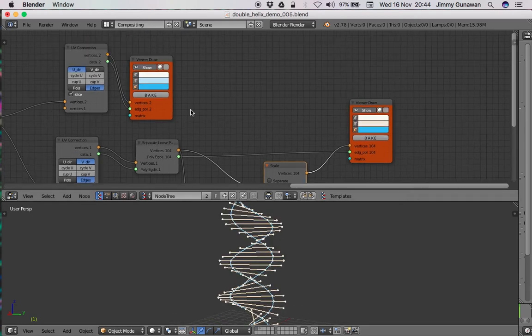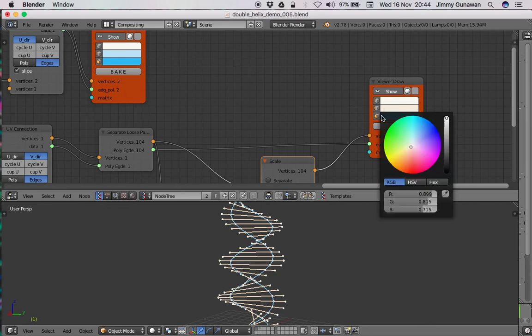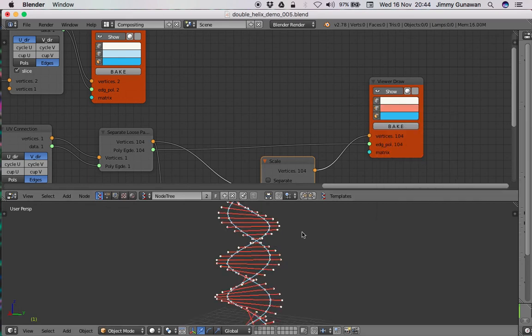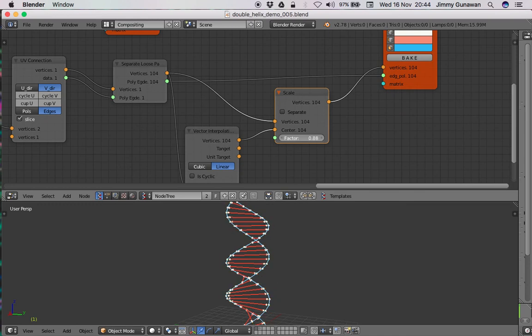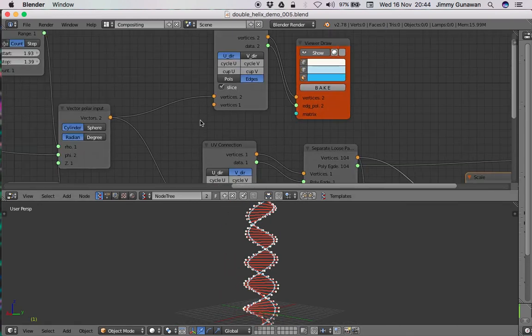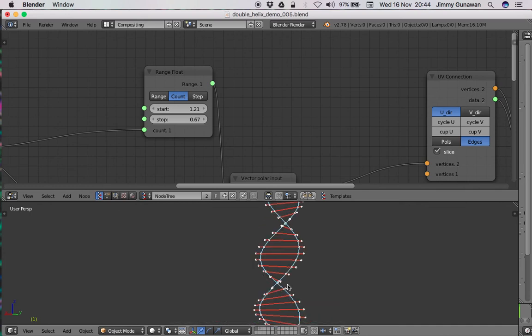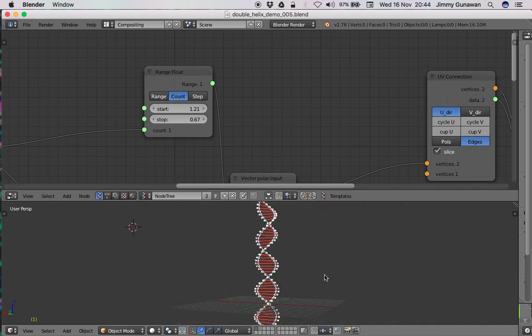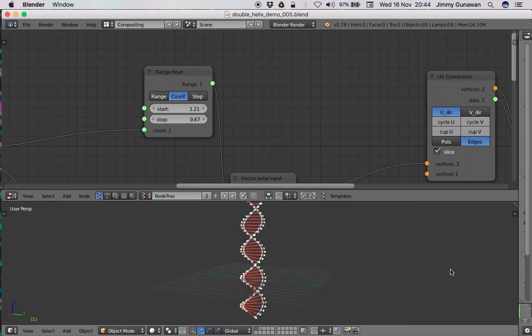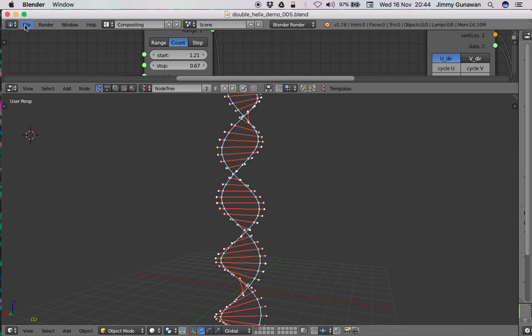The color. Let's give a red color here. Maybe the line's too long. If the helix is too fat, it's because of the rho. There you go. That's much better. Two spirals go around, connected to each other. That's basically it for this